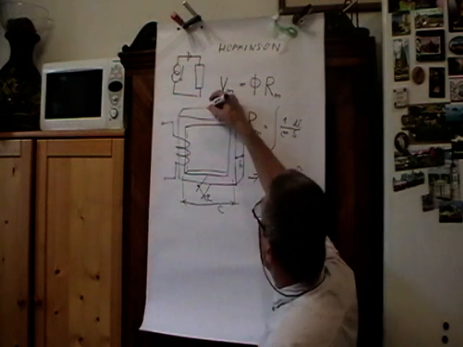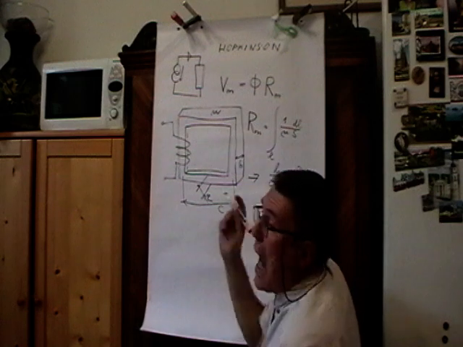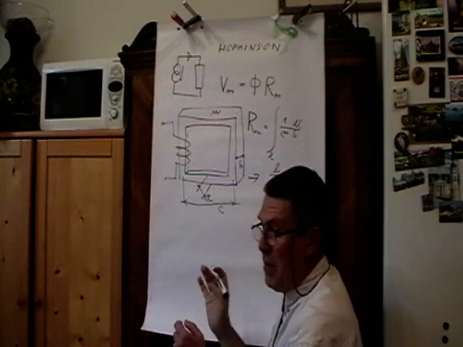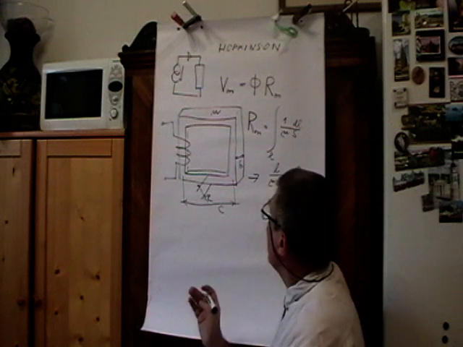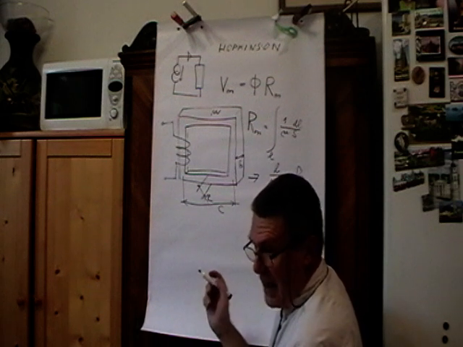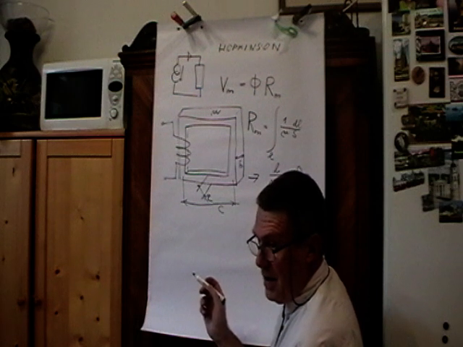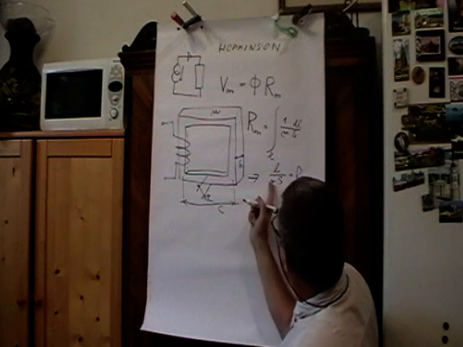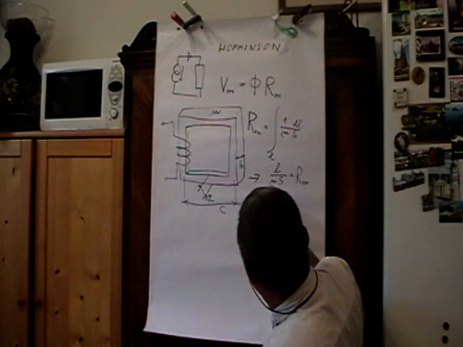So now, provided that the core has a permeability of mu, and provided that this permeability is much higher than the permeability of the surrounding media, like air, we would be able to put down the reluctance of the whole magnetic core, and it would be 4C divided by mu AB. So the reluctance is